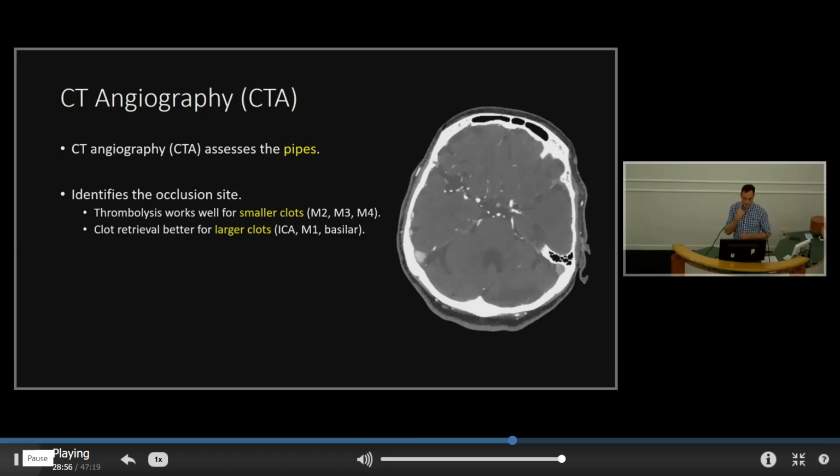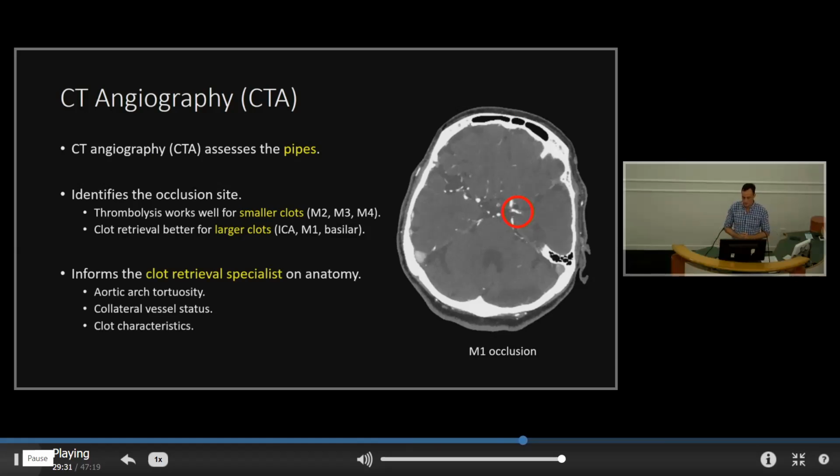But the big clots, so if you have internal carotid, M1, or basilar clots, the chances of thrombolysis opening that up are quite limited, and we're going to need a clot retrieval procedure for that, probably. So on this, you can see that the contrast in that left M1 artery, it just stops. You see that? That white line should continue all across the circle, and it just stops. And so there's an occlusion, and it's going to be oligemia, low or reduced flow beyond that. And that is very important information to know, obviously.